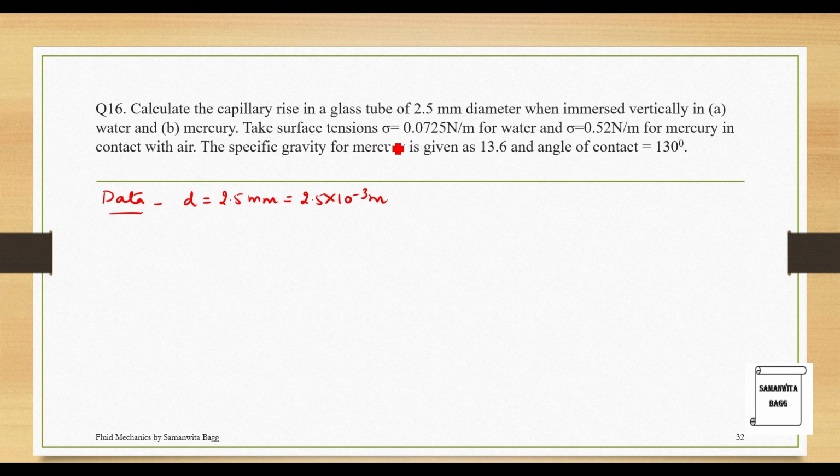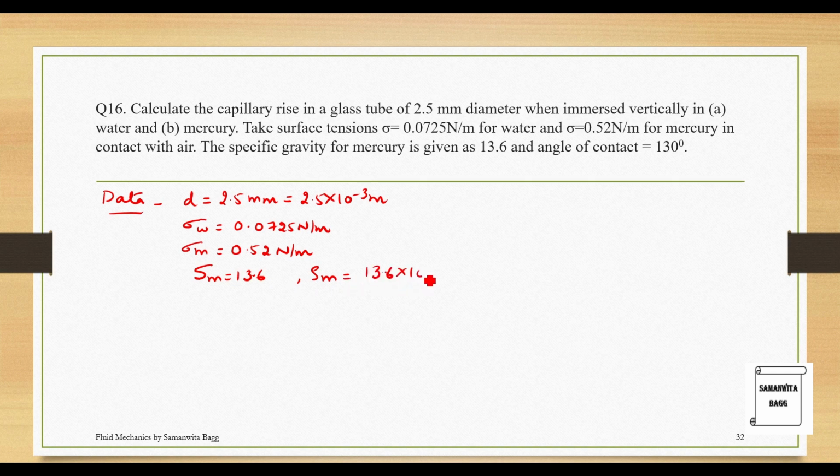Take surface tension for water. This is the value given. So I write down sigma for water is 0.0725 Newton per meter, and for mercury it is given as 0.52 Newton per meter in contact with air. The specific gravity for mercury is given, it is 13.6. So when we know that specific gravity is 13.6, I can calculate rho for mercury will be